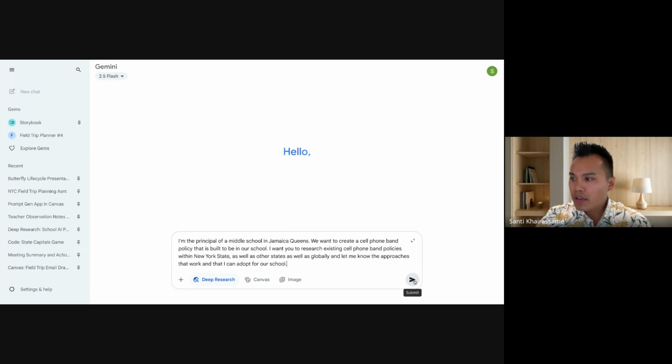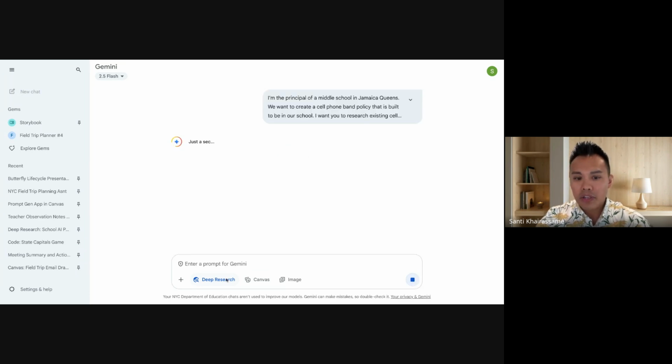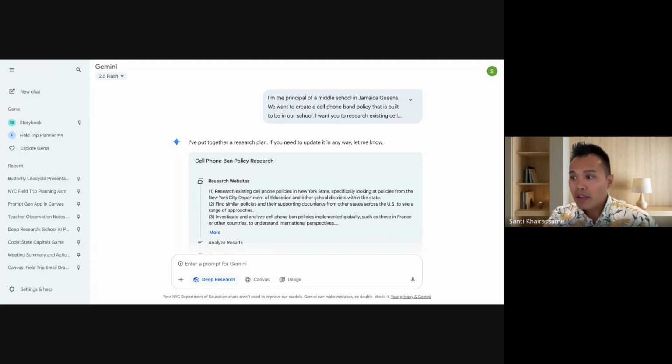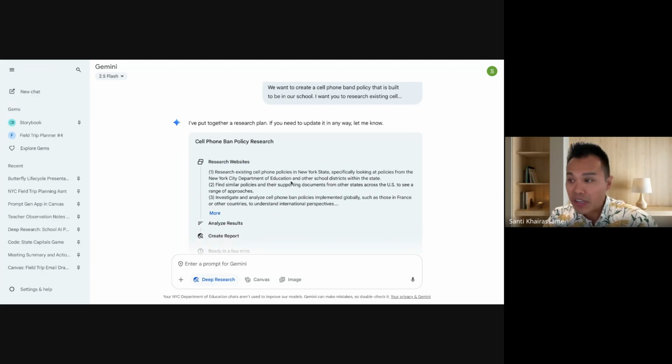And then if I hit submit and make sure that Deep Research is selected, AI is going to process my question. And then it's going to give me a research plan on what it's going to do. All right. So it's looking through that. And then it's saying, okay, I'm gonna research the internet.